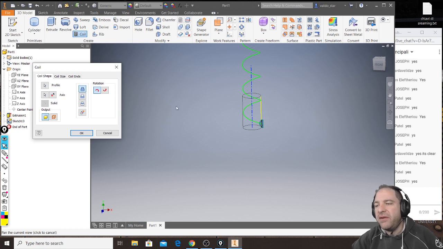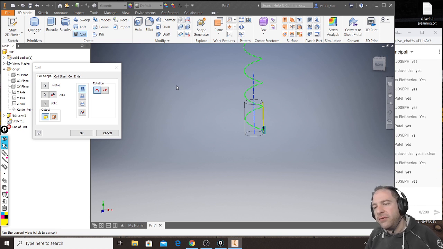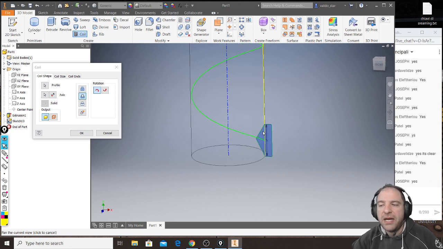But my main interest now is not really the coil itself, because we can change parameters, we can do whatever we want. What is interesting now is that because I'm using coil as second solid, I am also able to choose if I want to use join or cut in order to create my solid object. So let's say I click cut, that is more interesting. I click OK,